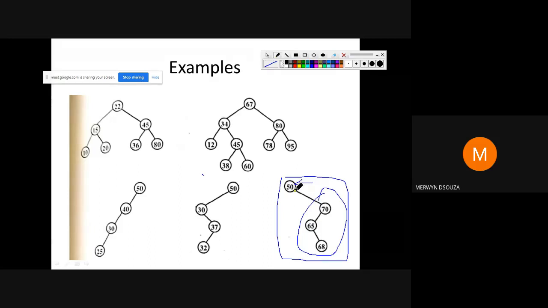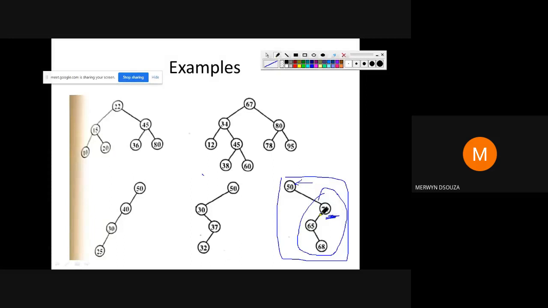Whatever is on the right subtree is greater than 50. Left subtree, nothing is there. Again, if you refer to this 70, since this is the left subtree of 70, 65 and 68 are less than 70. So values on the left are less, values on the right are greater.